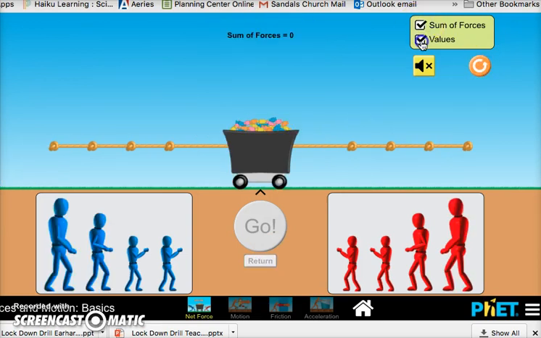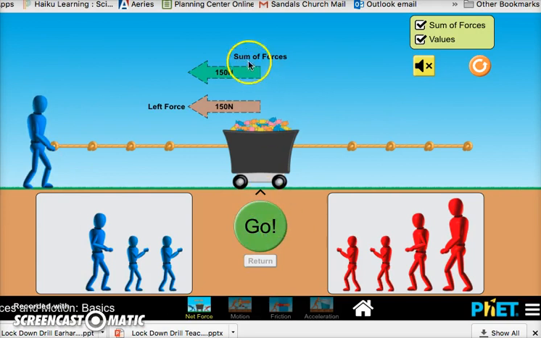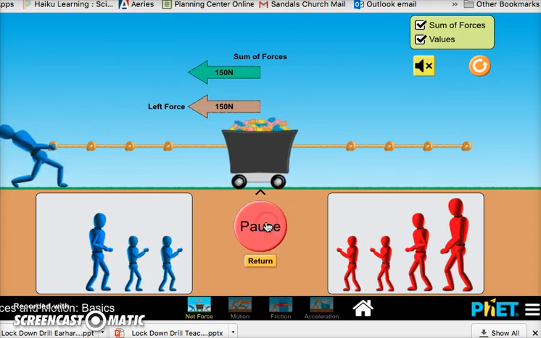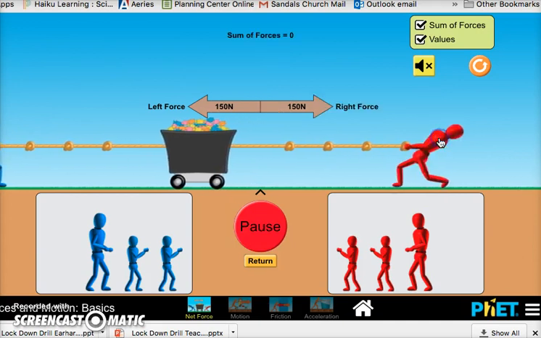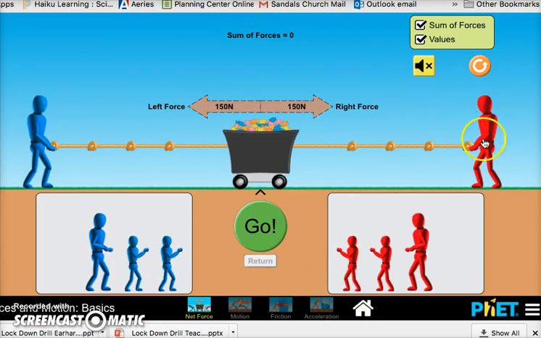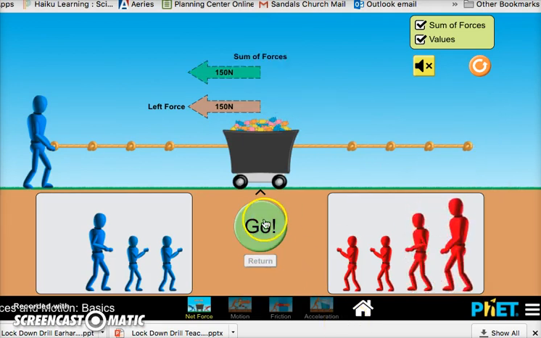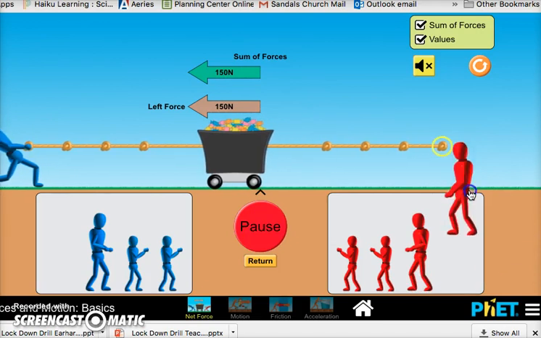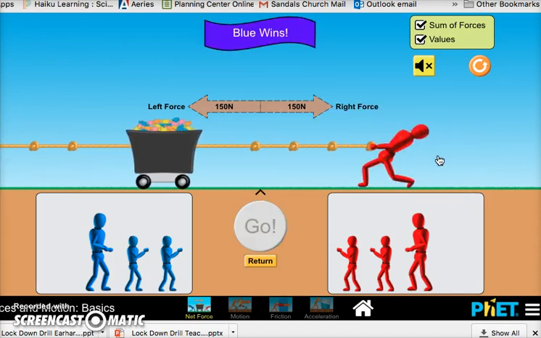Here was your third and final scenario that I said you needed to do. Move the largest blue character on the rope. Notice that these forces are unbalanced, and so this object is going to move. Watch what happens then if I click go, and then I try to balance it out. Blue still wins. Watch that again. If I put the cart in motion, then I try to balance it, nothing changes. There is no sum of forces, but there is still motion